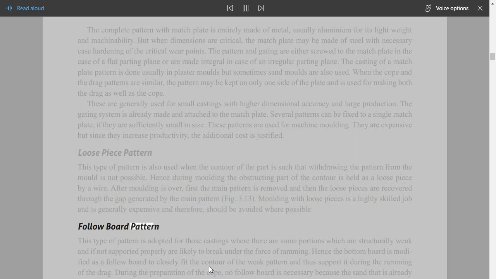Follow board pattern. This type of pattern is adopted for those castings where there are some portions which are structurally weak, and if not supported properly are likely to break under the force of ramming. Hence the bottom board is modified as a follow board to closely fit the contour of the weak pattern, and thus support it during the ramming of the drag. During the preparation of the cope, no follow board is necessary, because the sand